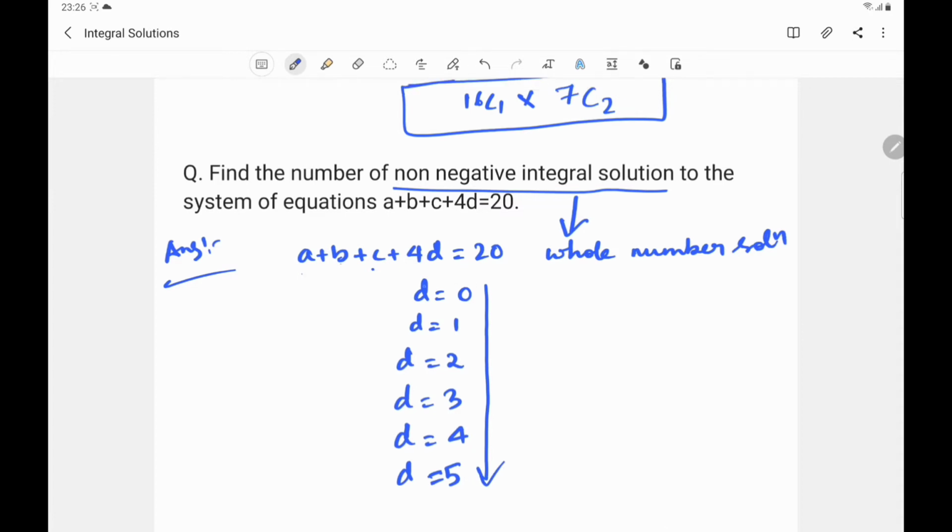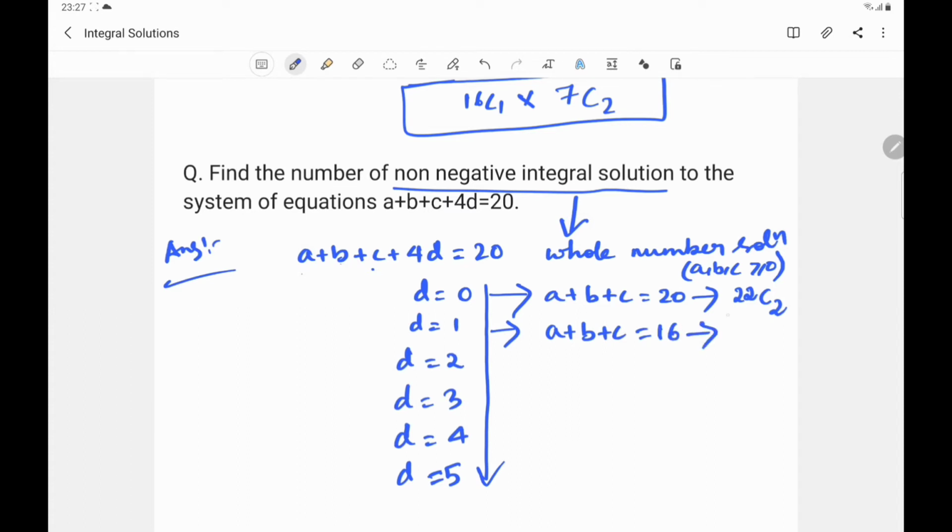So let's start with D equal to 0. That means a plus b plus c is equal to 20, and a, b, c are all greater than or equal to 0. So when we solve this, on the right hand side it will be 23, so there will be 22 gaps. I'll select any two. When D is equal to 1, a plus b plus c will be 16,